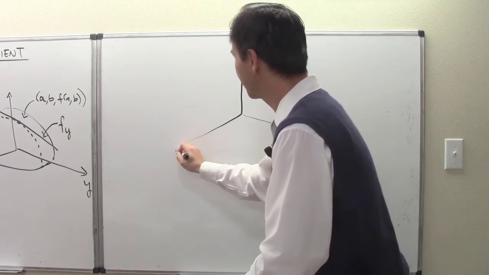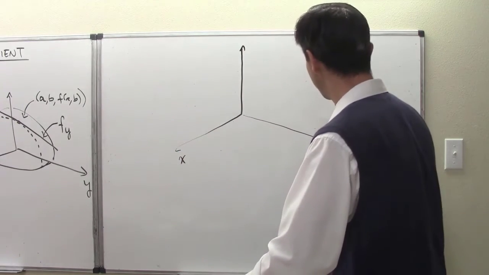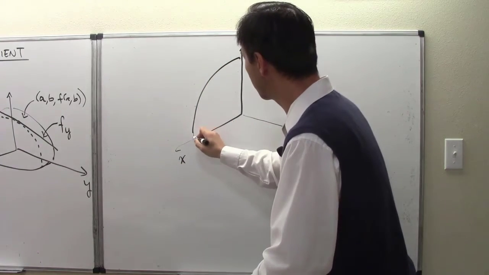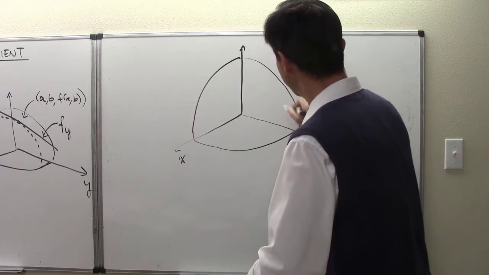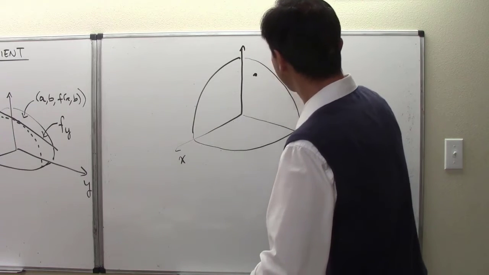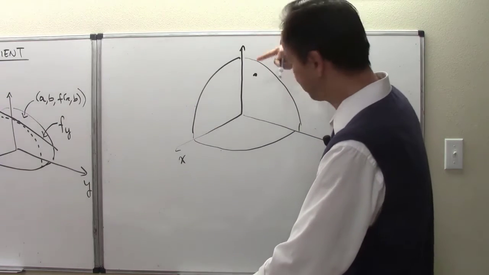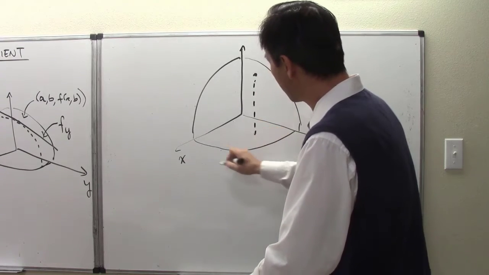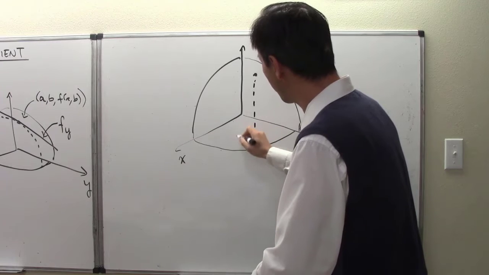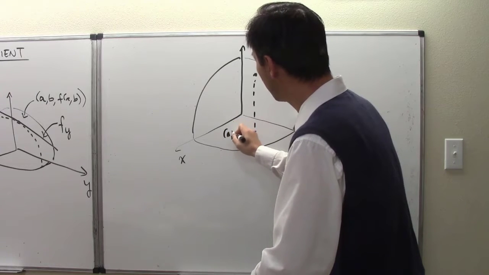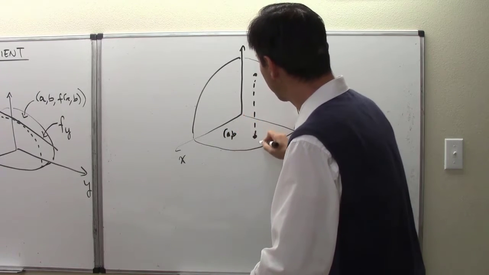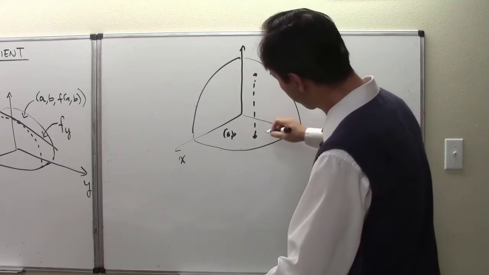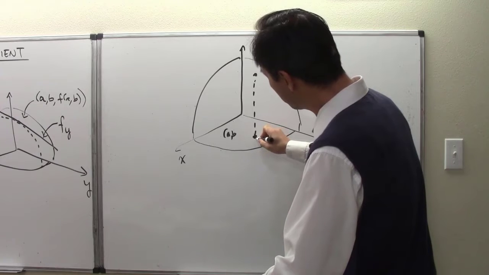Okay, and I'm trying to put in the surface being the graph again, that same function with this surface as the graph. Okay, and then at that same point, a comma b comma f of a comma b, and on the x and y floor, we have this point, a comma b right here. Okay, but now think about right at that point, we are going to